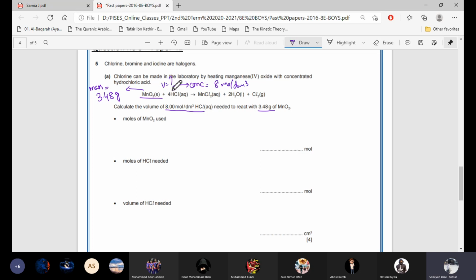and you have to find the volume of HCl. So to find the volume of HCl needed, you have to do the first 2 steps also. Okay, so please try to do this question by yourself. I'm not explaining. See manganese oxide, see the state symbol, and according to solid, liquid or gas, use the formula. In step number 2, again take the ratio.